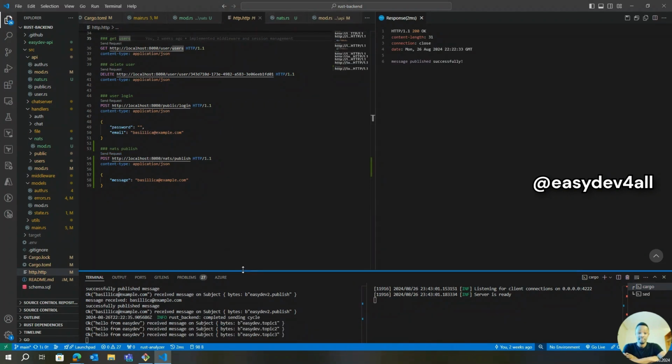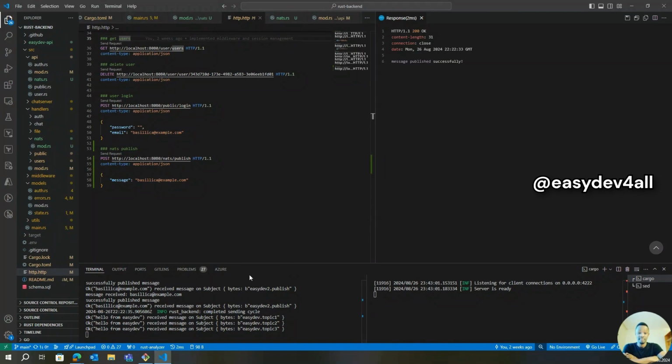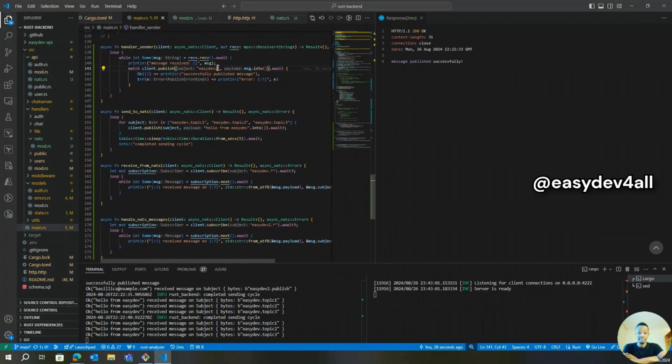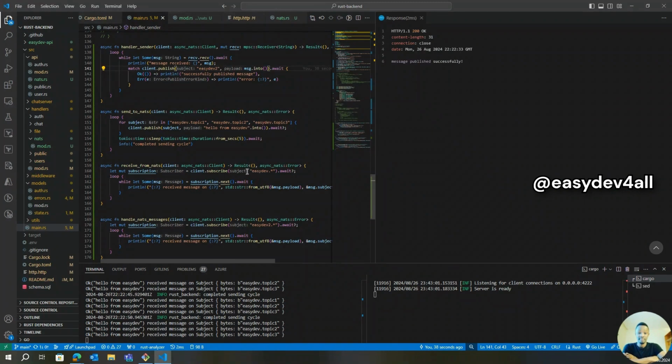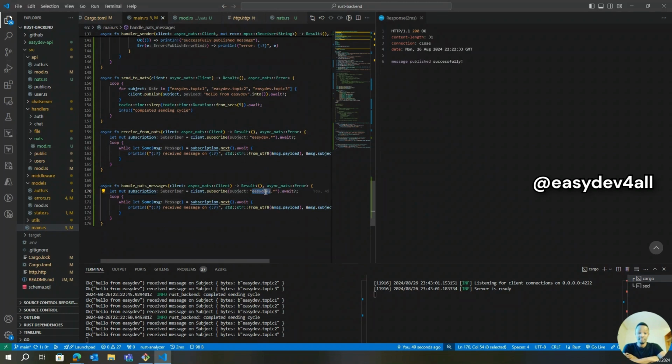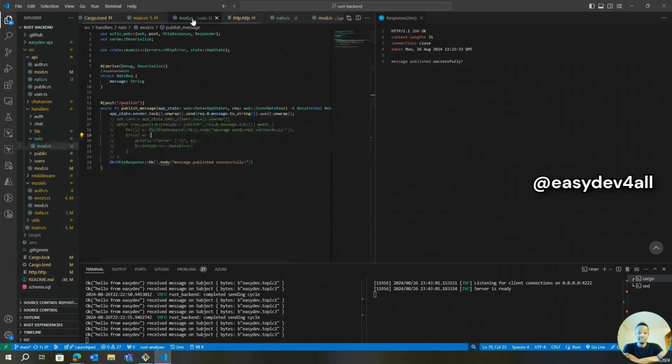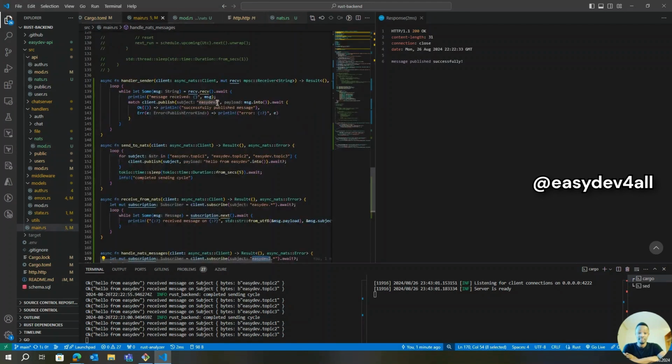And we actually see our messages. I think we might have some error. So let me go back to main. And here also, if you look here, we have actually written this wrongly. So again, if you remember, this guy here is listening to easydef dot whatever it is as follows. So I'm just going to do exactly what we have here. So here we are publishing to easydef2, that's publish. Again, I'm just going to come in here and make it like that as well,